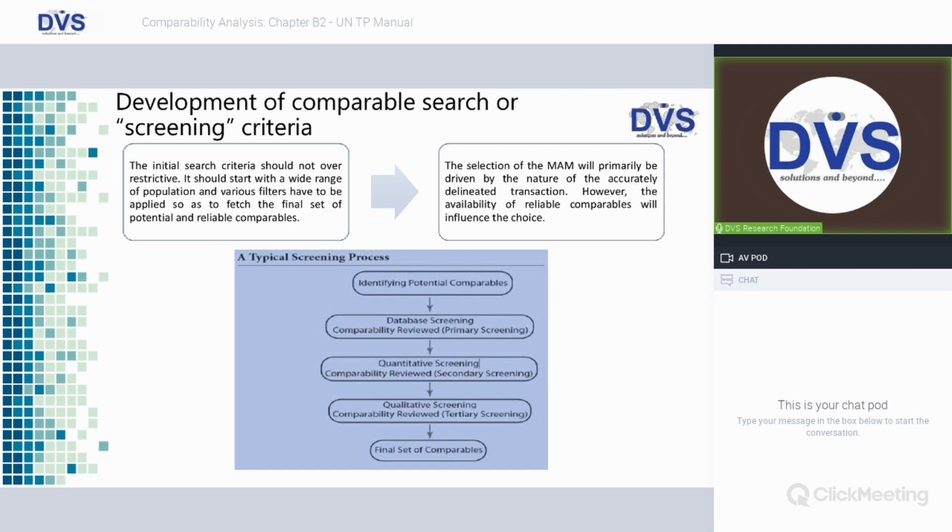In such a scenario, it is fine to take the population or the industry classification of automobile rather than being specific. The database will give options of, say, spare parts, two-wheelers, four-wheelers, all those options would be available in the database. But it is always advisable to have a wider population upfront and then reduce that population, or there would be a reduction in the number of comparable companies by applying quantitative and qualitative criteria.